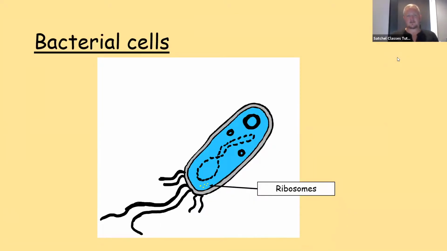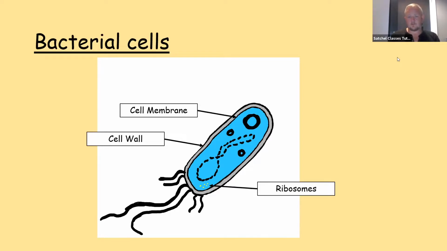So this is our bacterial cell. You can see that they've got ribosomes, a bit like plant and animal cells. The ribosomes in bacterial cells, though, are actually smaller than eukaryotic ribosomes, but they do the same job. They are involved in protein synthesis. We also have a cell wall. Again, it's on the outside. The inner lining, where the grey meets the blue, would be the cell membrane,